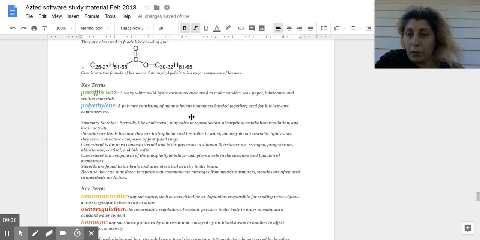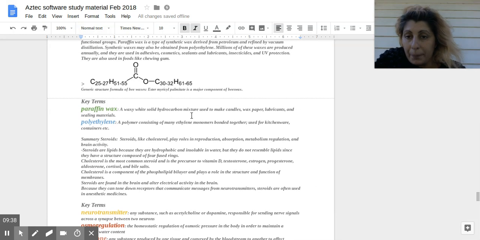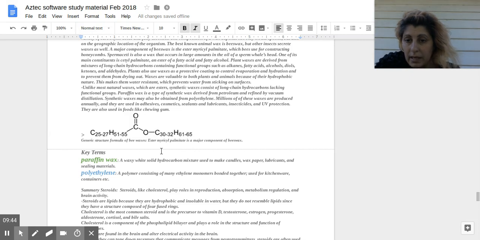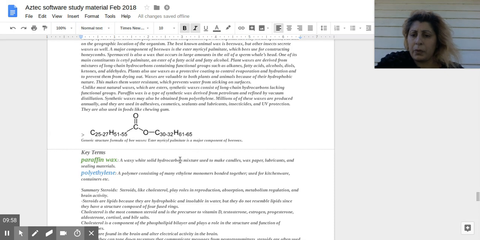Here's the formula for beeswax. Ester myricyl palmitate is a major component of beeswax. So we have a carbon and an ester bond, a doubly bound oxygen, a singly bound oxygen, and two hydrocarbon chains, very long ones. So we'll continue in the next